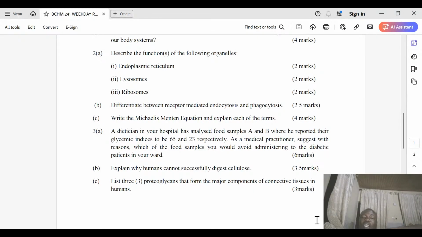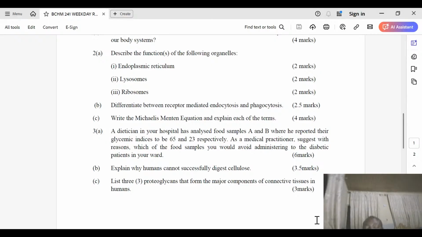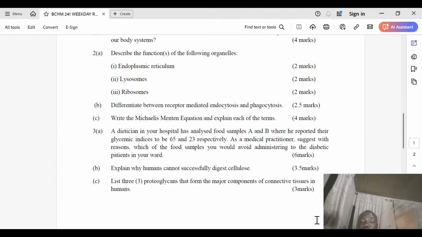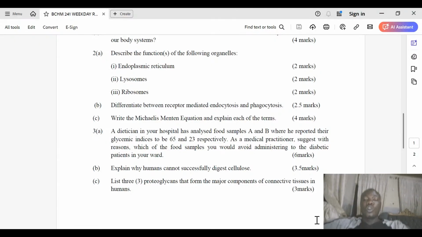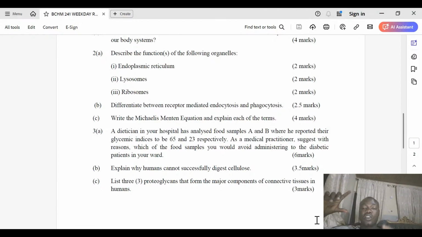You see, what actually happened, ladies and gentlemen, you know that in enzymology, the enzymes usually speed up the rate of the reaction. So when you have a substrate, the enzymes will react with the substrate in order to speed up the rate of the reaction. Generally, as the concentration of the substrate and the enzymes increase, then the velocity will also increase.